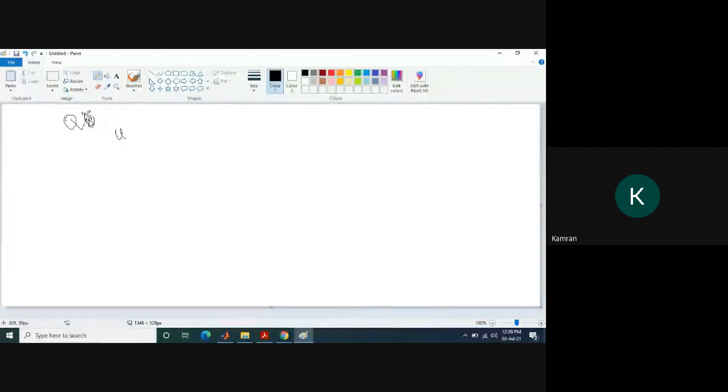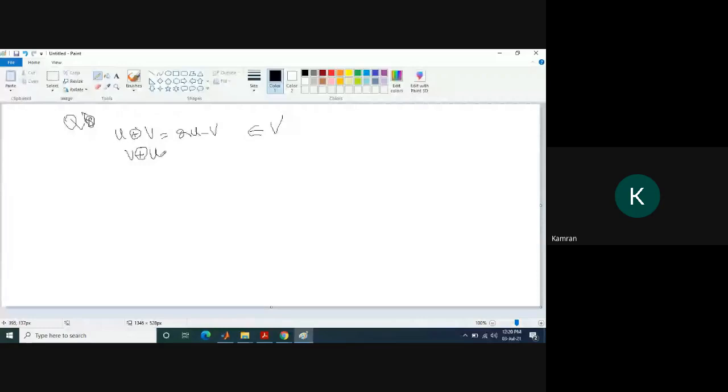Question number 18: u plus v is equal to 2u minus v. So the closure property is satisfied because if u is a real number and v is a real number, then 2u is a real number and v is a real number. So 2u minus v is a real number, so it belongs to V. So condition alpha is satisfied. But if u plus v is 2u minus v, then v plus u is equal to 2v minus u.